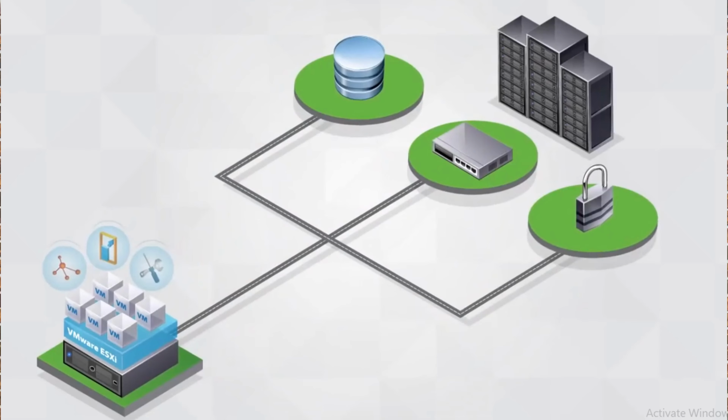Now, the networking part, or the physical Ethernet adapters, will be converted into logical components, and those logical components are known as virtual switches. And in the same manner, the physical storage media, which is generally created on RAID 5, those RAID 5 volumes will be converted into software components. So in that way we can easily allocate those storage volumes to any virtual machine or to any physical host. And the third component is definitely your memory and processor.